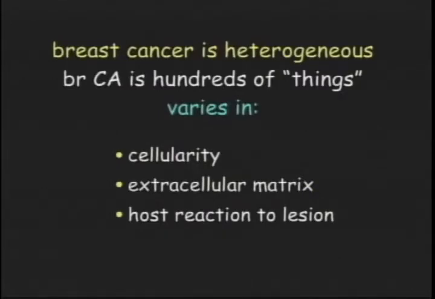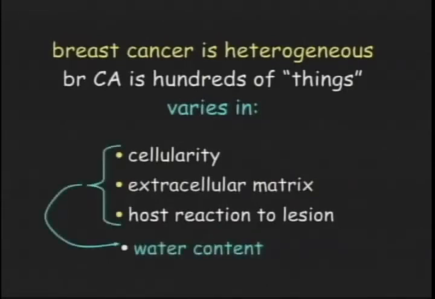Breast cancer isn't one thing, it's heterogeneous. Laszlo likes to say that, and I agree with it. But if we think about the three ways that breast cancers and benign lesions vary from each other, it's in the percentage of the lesion that's made up of cells, the extracellular matrix, and the host reaction to the lesion. And each mass is made up of those three components in various percentages. But those things indirectly affect the water content. So I think it's really the variability of water content as much as anything that changes